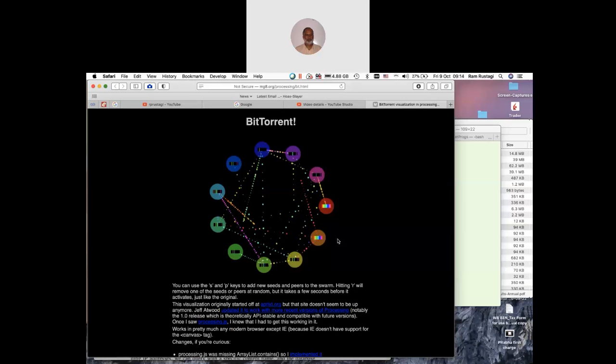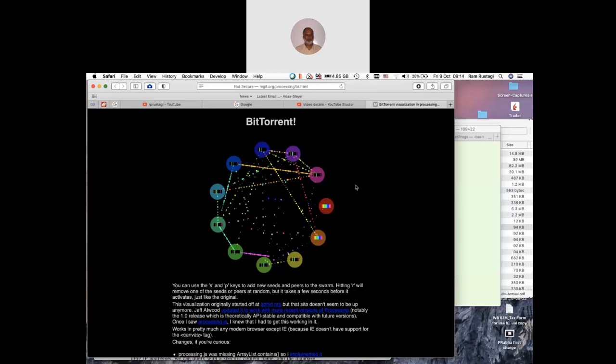That basically means each peer not only gets data from others, but it also transmits data to the other people as well. And that's the way BitTorrent works.